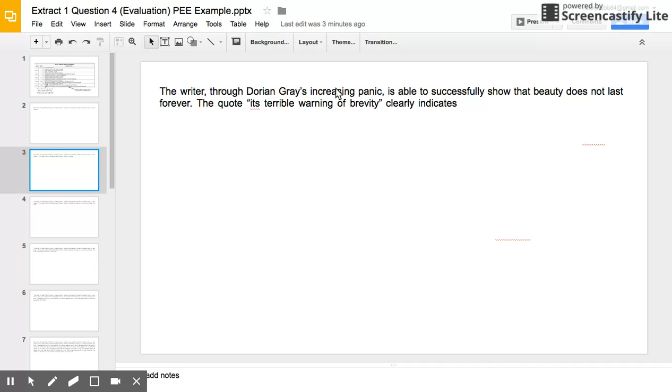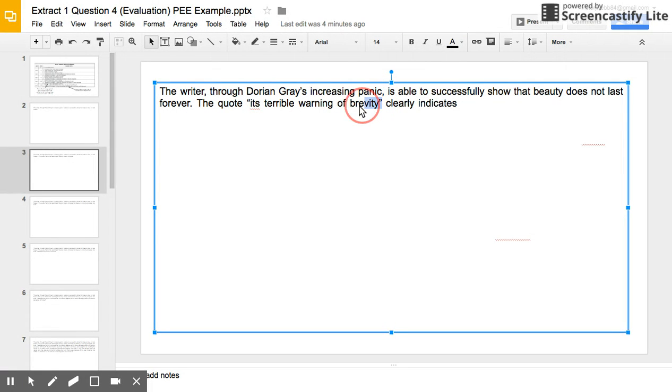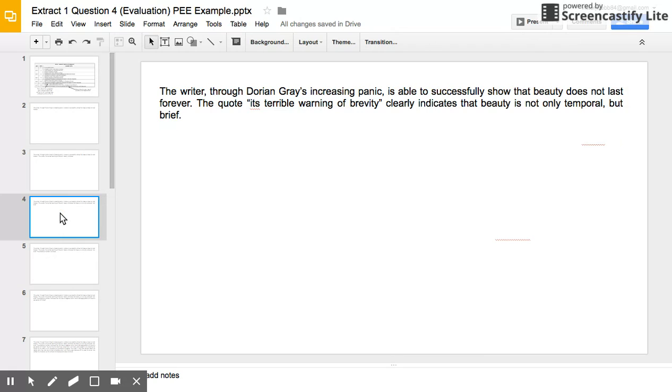Again, evidence and explanation. The way that we introduce quotes, I've gone for the quote, I could say the phrase, I've got my quote, and then I am straight into the explanation here. I want us to get away from saying, I know this because. It takes longer to get into the explanation, and this is an easier way to do this. Again, just a quick thing, embedded quotation, there it is, there is my quote. If I was to get rid of that, the quote clearly indicates that the sentence still makes sense. Okay, then I continue on with the rest of my explanation.